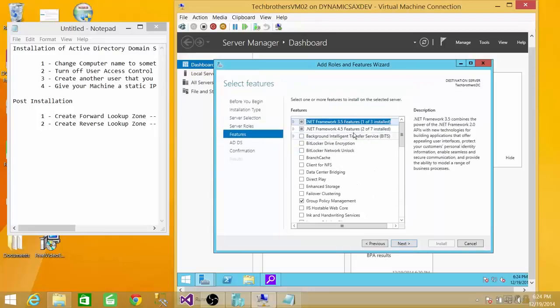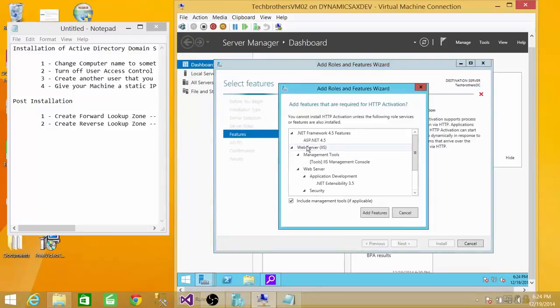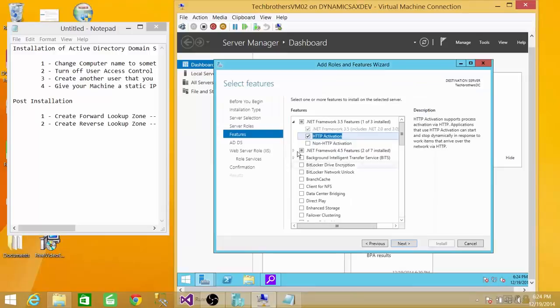Click Next. Right here, as you can see, that .NET Framework 3.5 features 1 is installed out of 3. I have installed 1 already for another demo. This is very important for a lot of softwares, not just for Active Directory, but a lot of other softwares to work properly, because it combines the power of .NET Framework 2.0 and 3.0 together. So we're gonna go ahead and install the rest of the HTTP and non-HTTP activation features as well. So go ahead, click Add Features, click Next,